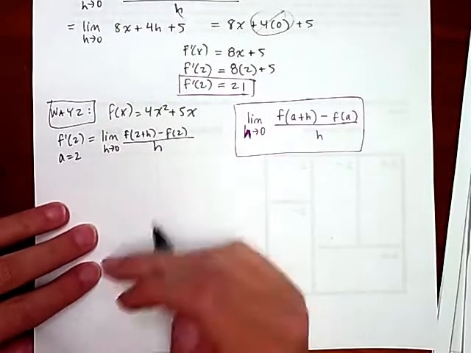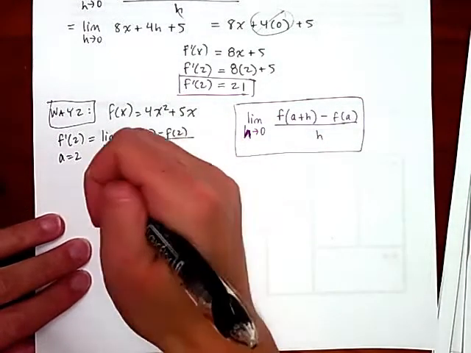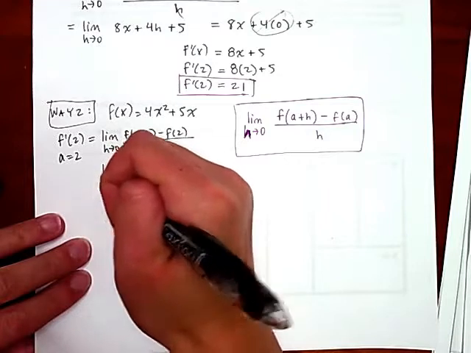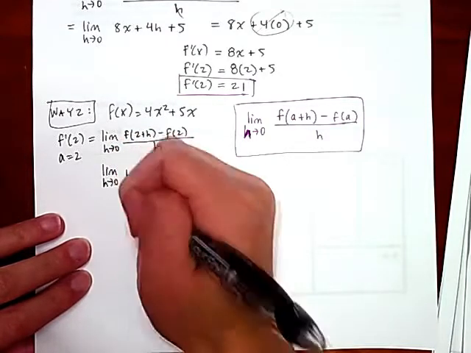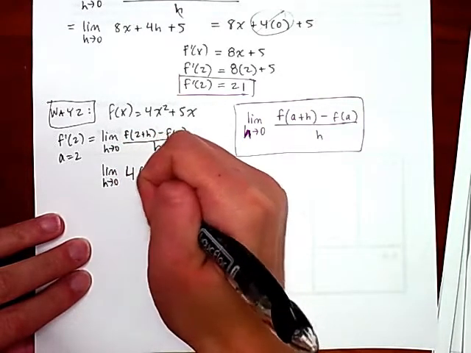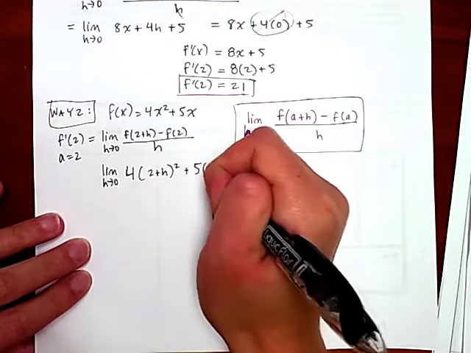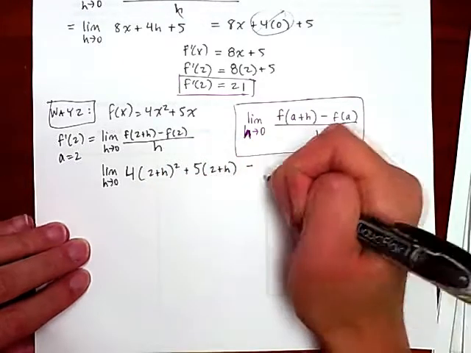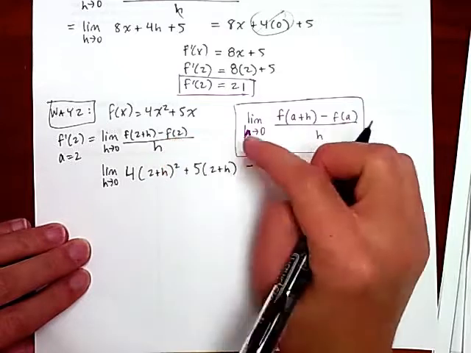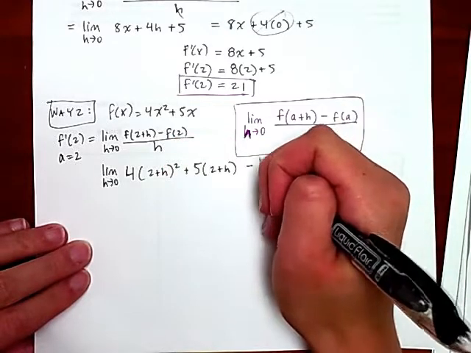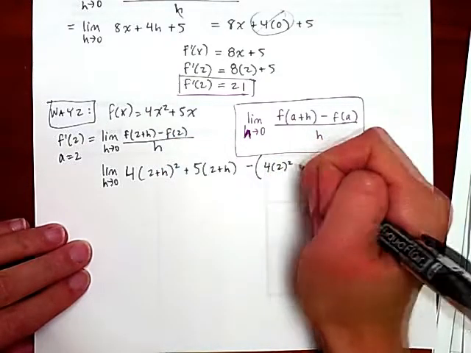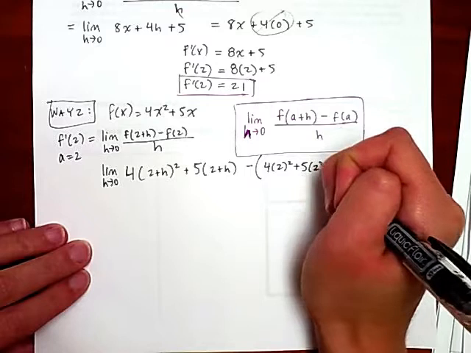So that means plug in 2 plus h for the x in both spots. So it would be 4 times 2 plus h squared plus 5 times 2 plus h, minus f of 2, so that just means plug in 2 for x, so minus 4 times 2 squared plus 5 times 2